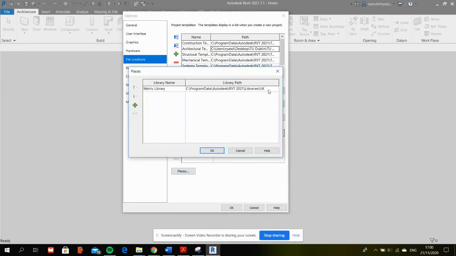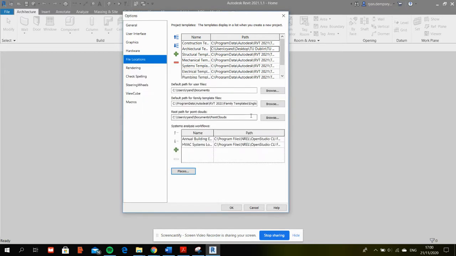which is saved off somewhere, rather than every time you open up, it's bringing you back to the UK library, which obviously is completely fine for when you're in college and if you're in a position where you don't have a project library other than the UK. So by changing this here,